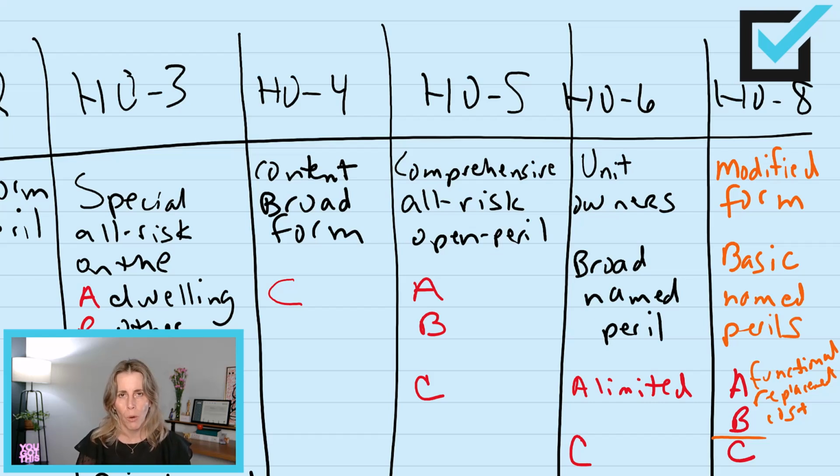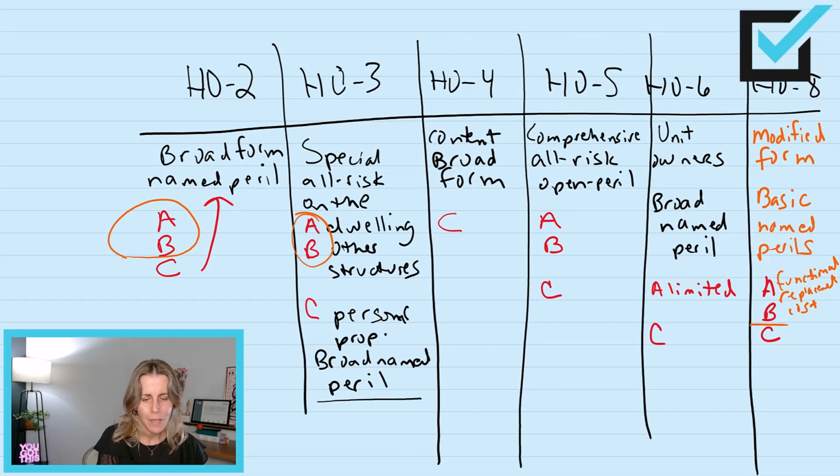So it's an older home. They're not going to repair, rebuild, restore it exactly the same as it was because it's an older home, but they're going to make it as similar as they can. Functional replacement cost coverage. All of the other policies provide what is just called replacement cost coverage. So when we talk about coverages A and B on a homeowner's policy, we have replacement cost coverage. So replacement cost coverage, the cost to repair, rebuild, restore,